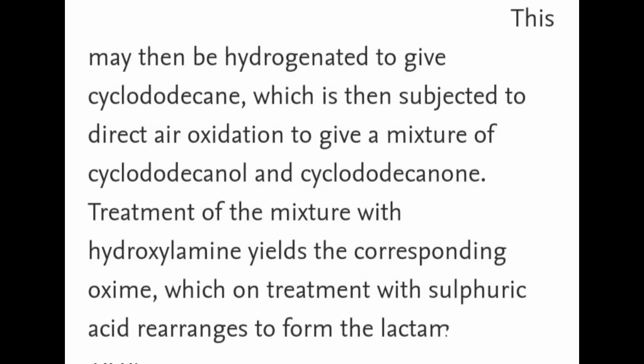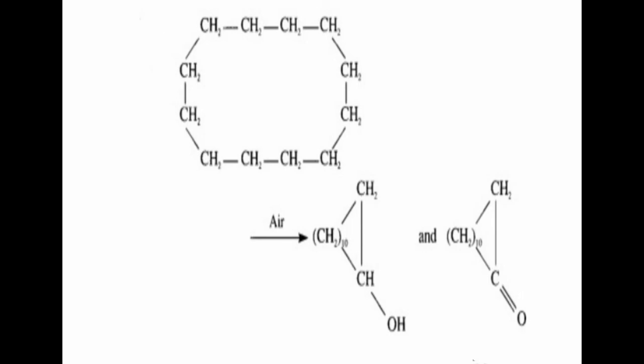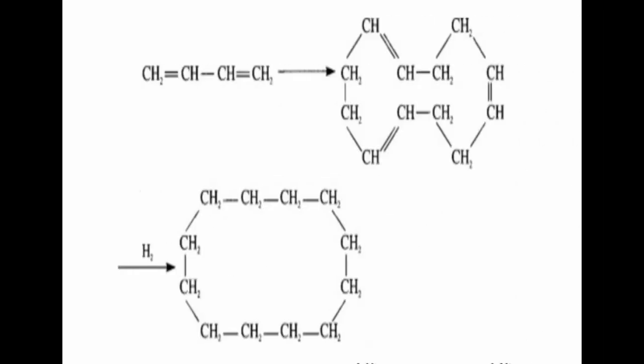During this process, after hydrogenation, it gives the formation of cyclododecane. This cyclododecane now undergoes air oxidation to form a mixture of cyclododecanol and cyclododecanone. Let us see. In this process, the cyclododecane undergoes oxidation with air to form cyclododecanol and cyclododecanone in this step. In the next step,